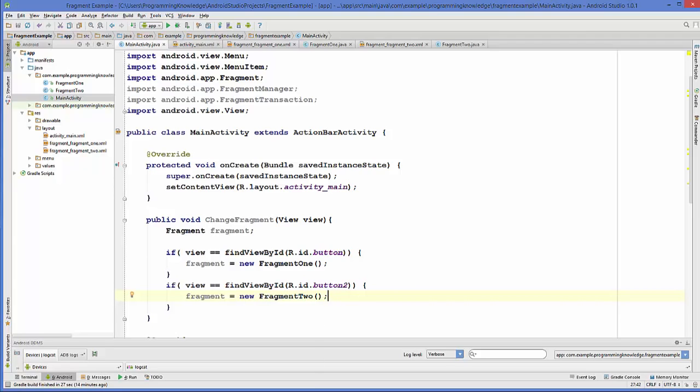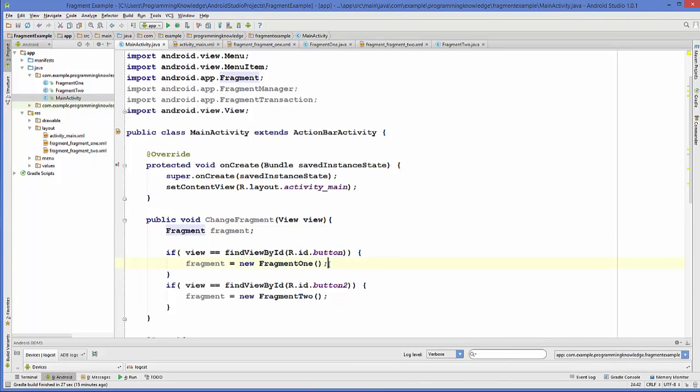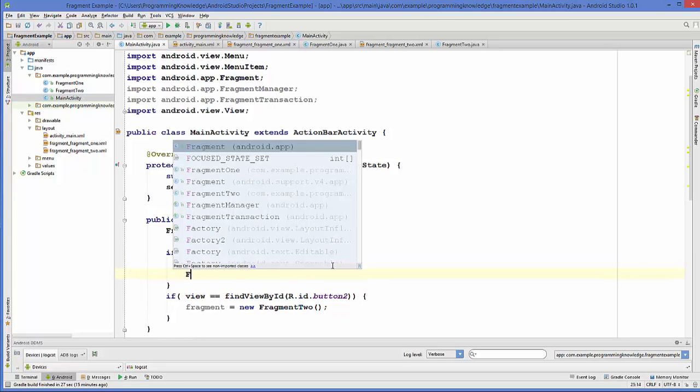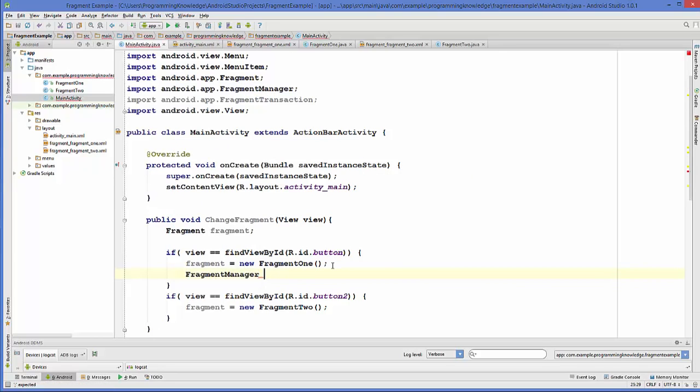Now once you have assigned the instances of Fragment1 and Fragment2 to the main fragment instance, we will add a fragment manager, and then we will do some transaction. So go to your first if condition, and here we will create an instance of FragmentManager. We will name it fm, for example, is equal to